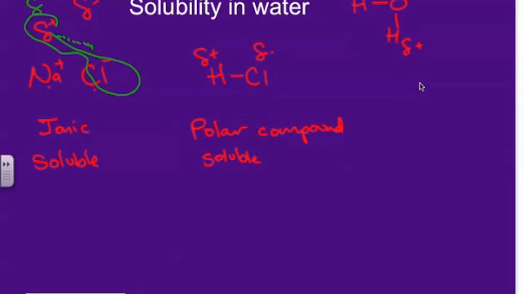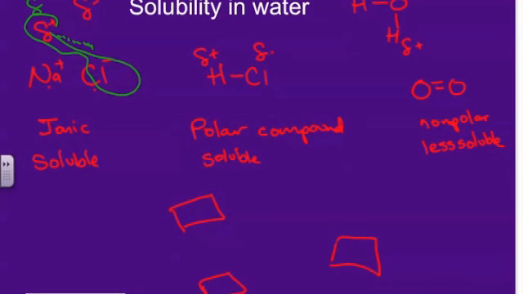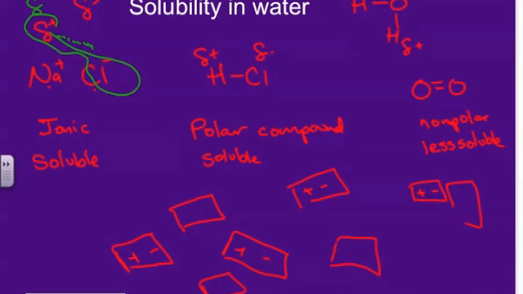However, if we have something like oxygen, it's going to be less soluble in water because it just doesn't have the positive and negatively charged ends to interact with. One of the ways I like to think of this is if you imagine you have wooden blocks floating in the air where there's no charges hanging around. And then you have these other magnets floating around in the air. Well, you might shake all of these up and they'll be separate for a moment, but eventually all those magnets are going to get attracted to each other,